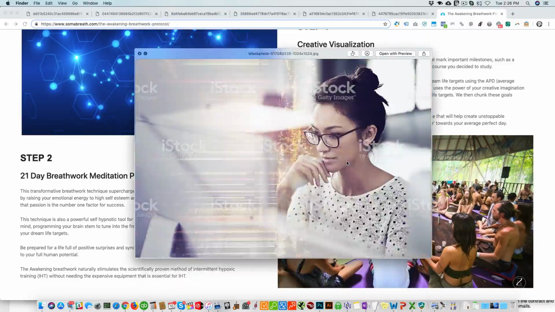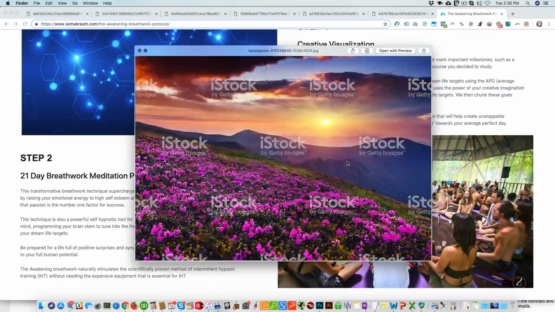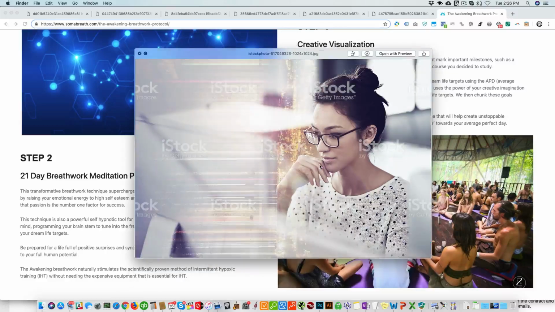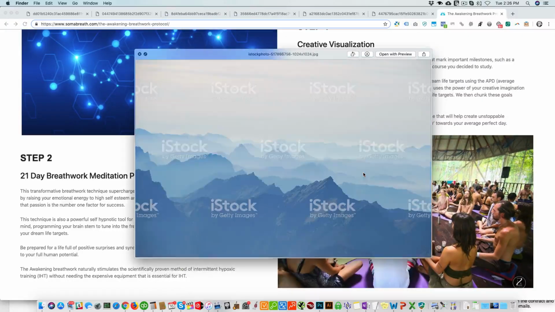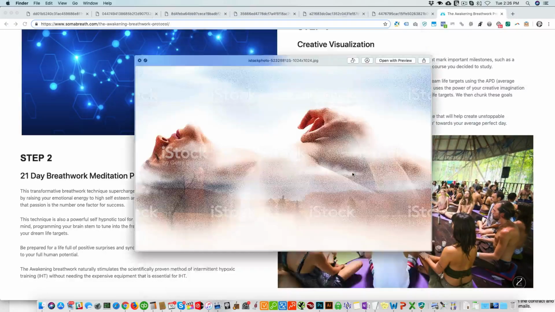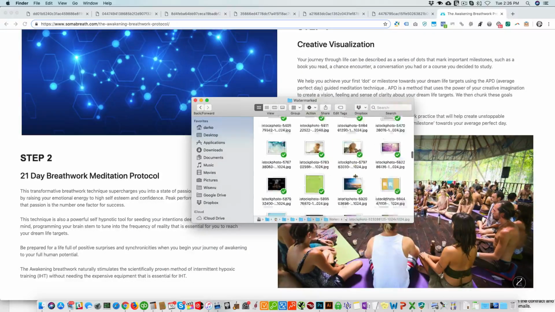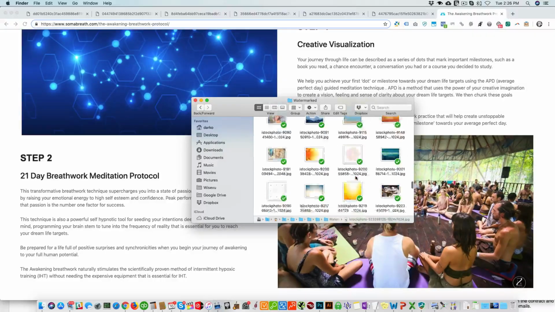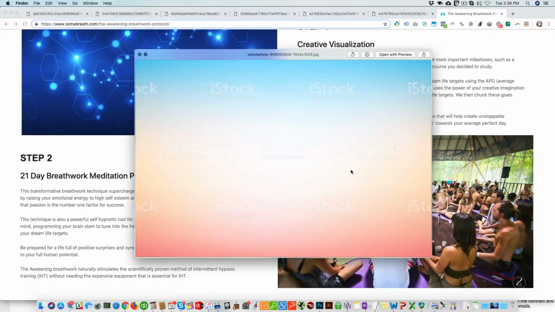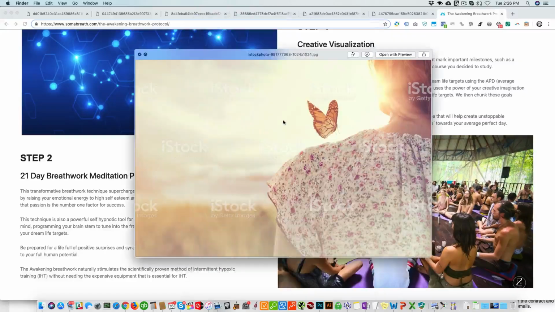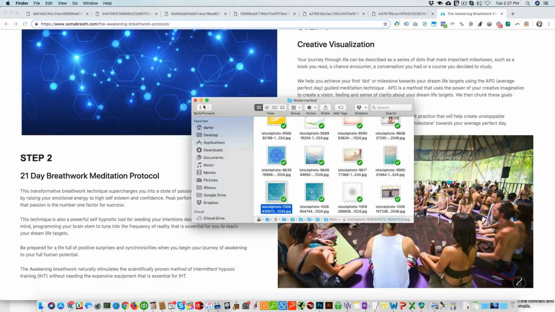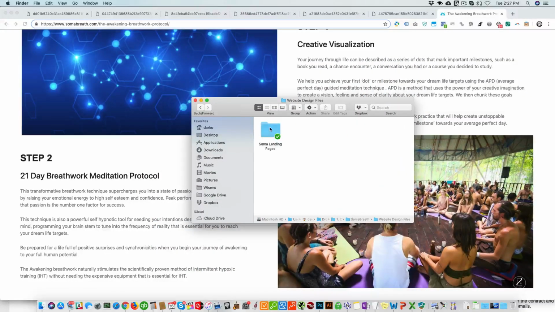Okay, and you can just keep going. These are beautiful images. You can see this girl looks very peaceful. Here's an example of an image that's blended. So just thinking creatively of how can I blend these images together. Right, breathing. And you can see there's so many images here that I've acquired. They give me ideas of how can I form this website. Okay, now if we look at these JPEGs now,